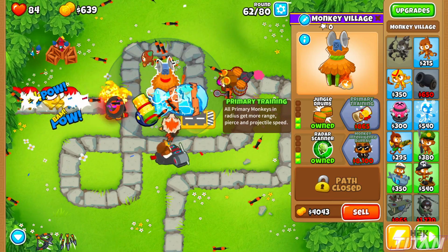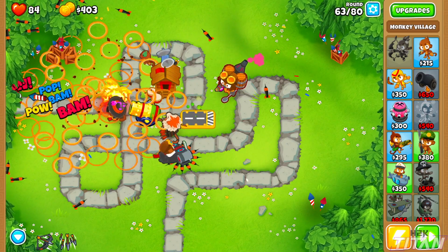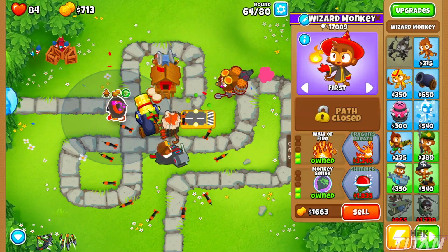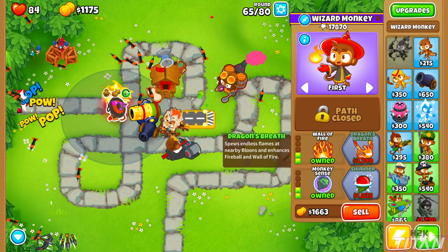And the reason why I want to go for primary training is it will increase the popping power of our primary monkeys, and because I'm going to be going for a couple more primary towers, I figured it would definitely be a good investment. So I did end up misplacing this bomb shooter here. I ended up getting him a couple rounds too soon,